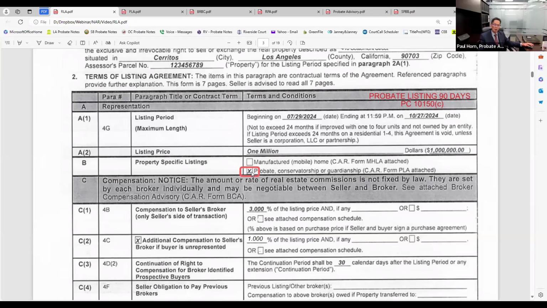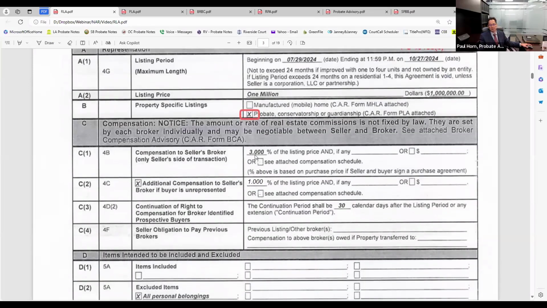Okay, all right, and then you put in your commission. Here we go. Compensation, right? Maybe that is the right verbiage. You see right there on the screen, the amount of real estate commission is not fixed by law.